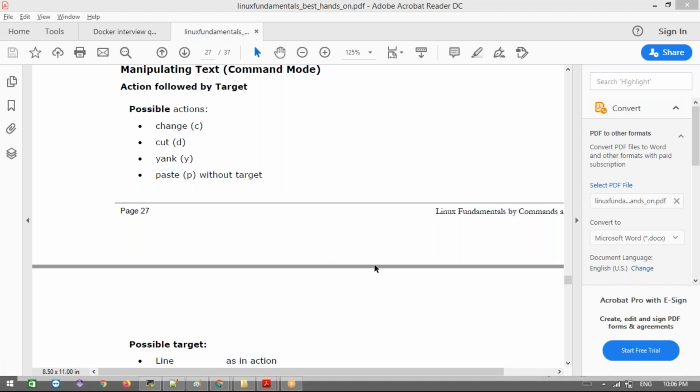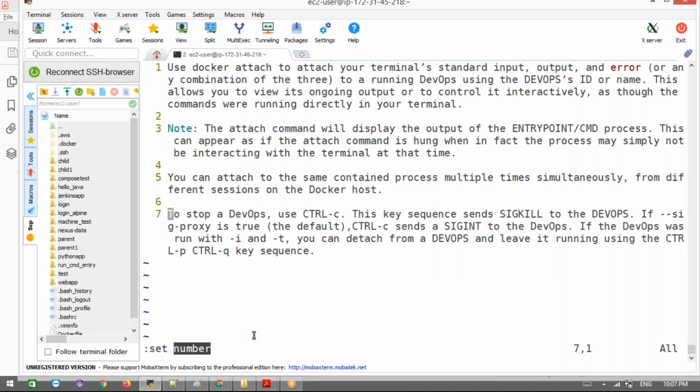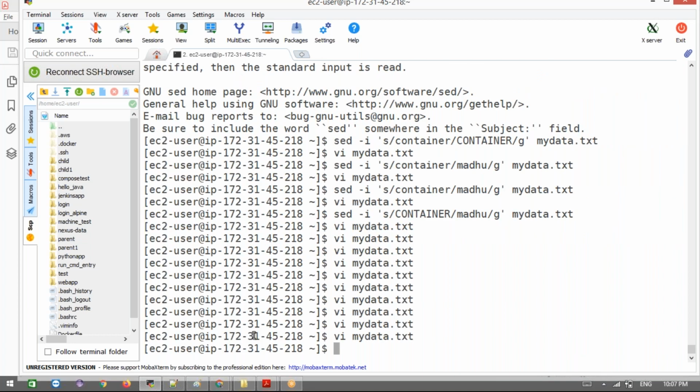Just a quick question regarding the hard link. Can we create a hard link for directories or just for files? Basically there is no use for directories. We use soft links like executable links for executable files. I don't think we can do it for directories; even I never tried. If you want to try, just create one directory here.